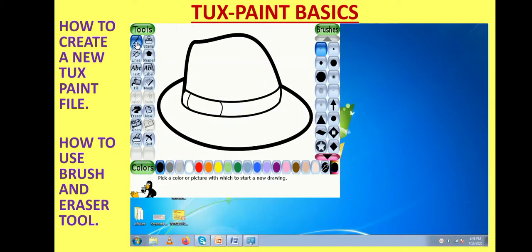Now if you want to use the paint brush on this canvas, how can you use it? Click on Paint. It is already highlighted. So the subtool brush will appear on the right hand side, and these dots represent various brushes of different thickness. You can choose any one of them as you like.